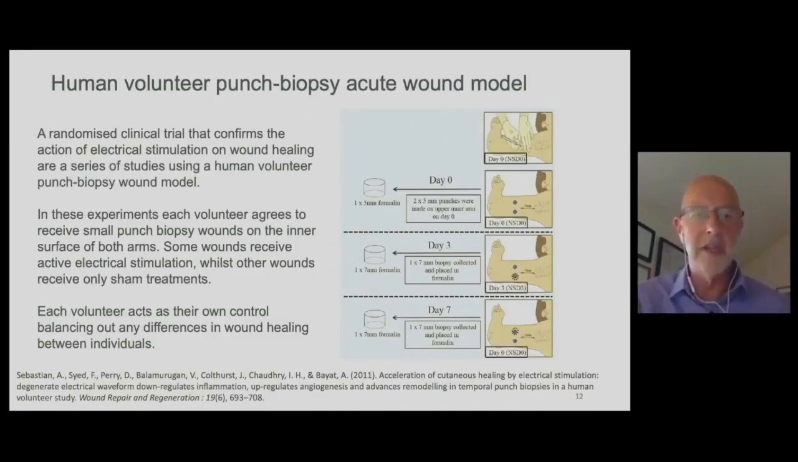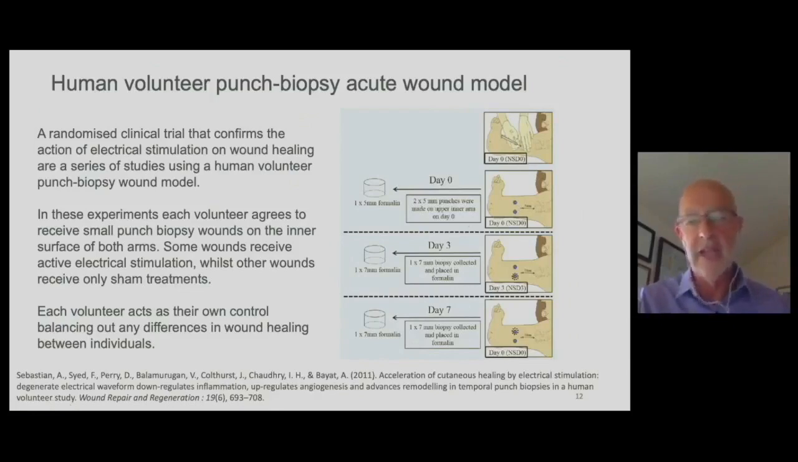And one model, which is an acute wound model, which I think has contributed a lot to the field, is a punch biopsy model in human volunteers. Typically, students will come and earn a little extra cash in response for having some small 5mm diameter punches under one arm, and then similar under the other arm. And then this is a small acute wound, and then